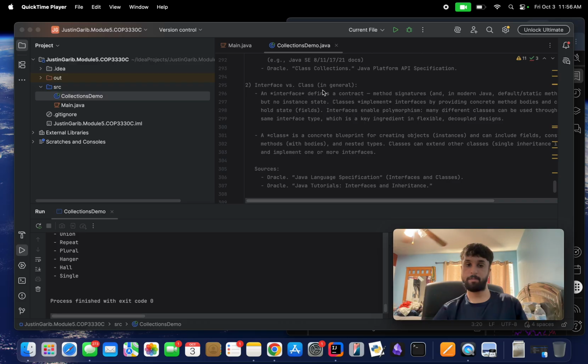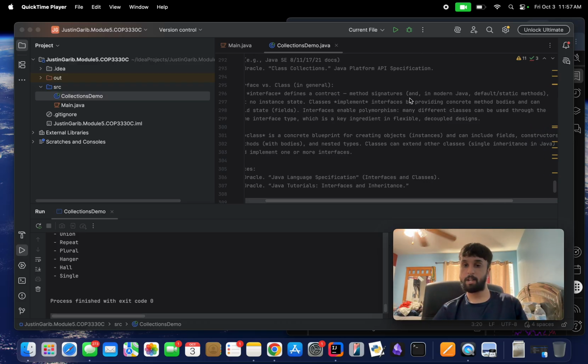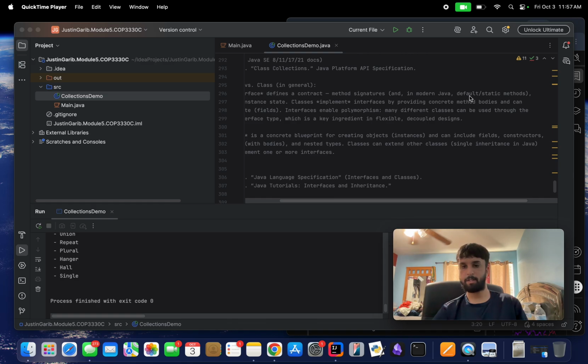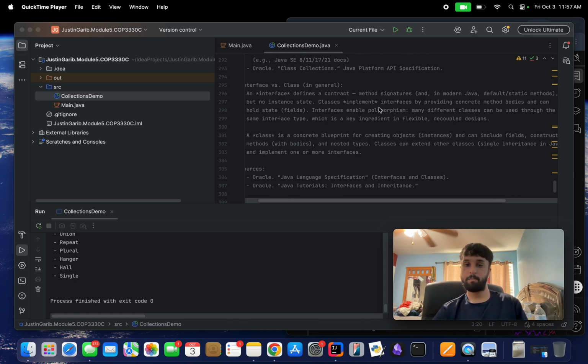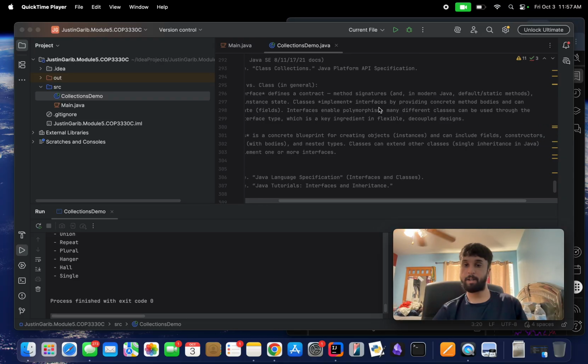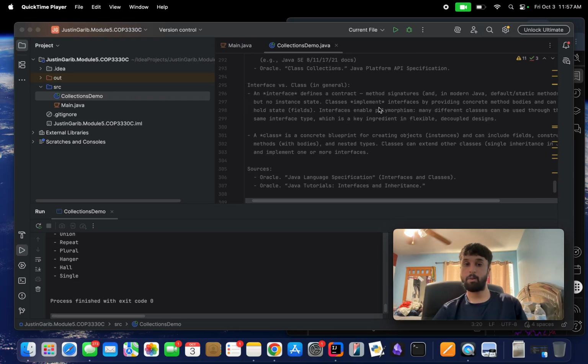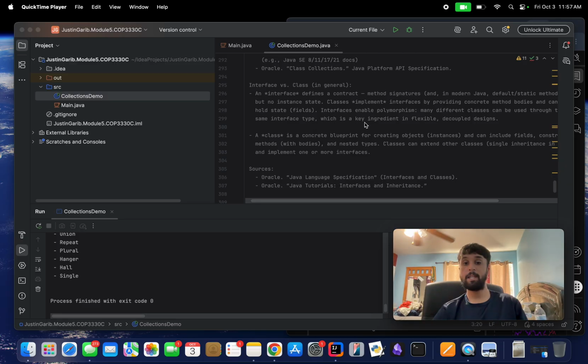Here is interface versus class. An interface defines a contract, method signatures, and in modern Java, defaults and static methods, but no instance state. Classes implement interfaces by providing concrete method bodies and can hold state. Interfaces enable polymorphism. Many different classes can be used through the same interface type, which is a key ingredient in